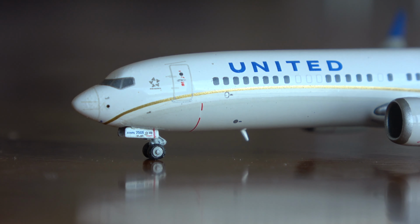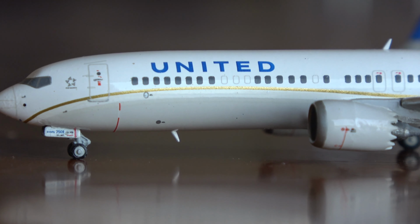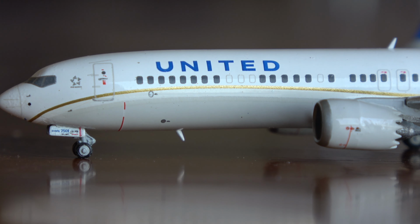Next up, we got the Gemini Jets 737 MAX 9. The MAX is one of Gemini's better mainline single aisle molds. Pretty good mold here overall. Of course, cockpit windows. Got the Star Alliance logo, L1 door, and of course the same thing on the nose gear as I mentioned previously. Parcel registration, aircraft type, and ETOPS rating if it is applicable. You can see the United Airlines logo there, and of course I really like this implementation of the livery. It shares the same version of this livery that the 787 does, where it has the wavy gold line. I think that looks really, really nice on this, and essentially they carry that over with the Evo blue livery,